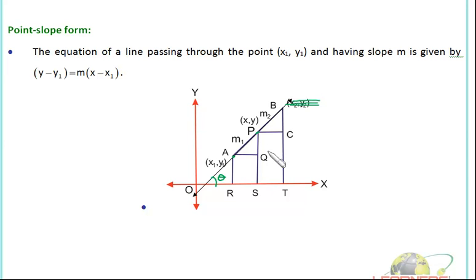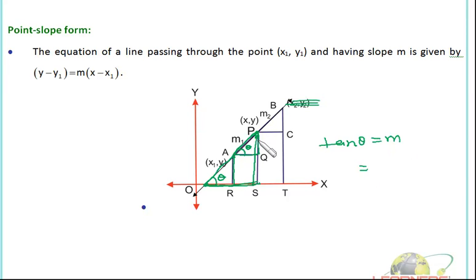Now we take this triangle, and we can also say this triangle is similar to this triangle because this line is parallel to this line. Okay, so if this angle is theta, this will also be theta. Now we take this triangle, this angle is theta, so slope will be tan theta, that is m,